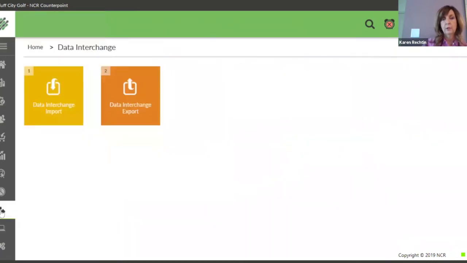And in a lot of organizations, data interchange is taken off of most people's menus because it's not something that we just want people to have access to. Or a lot of times just export is left on the menu because it's okay to export the data, but we don't want people importing the data back in that aren't sure what they're doing. So if we go to data interchange export,